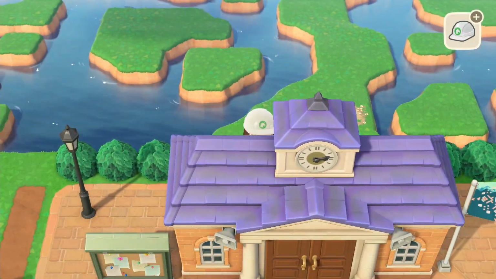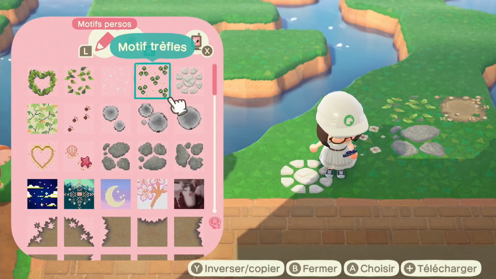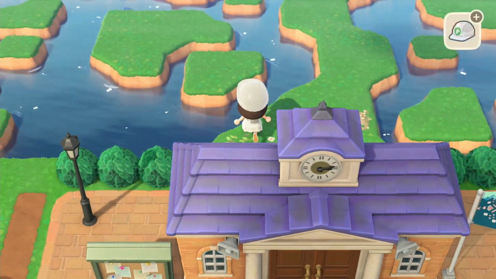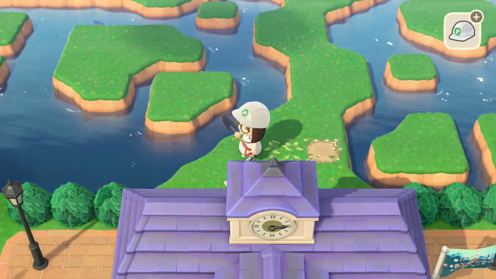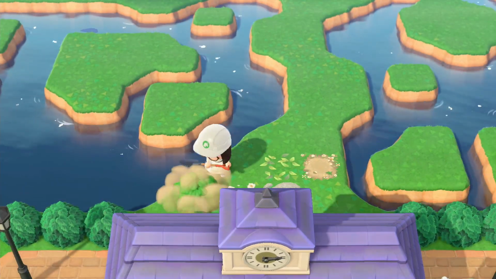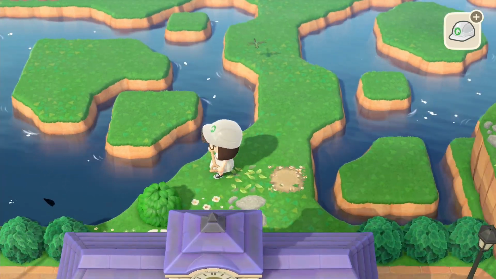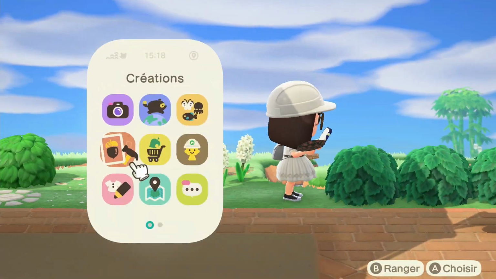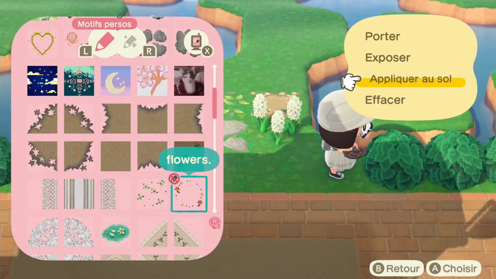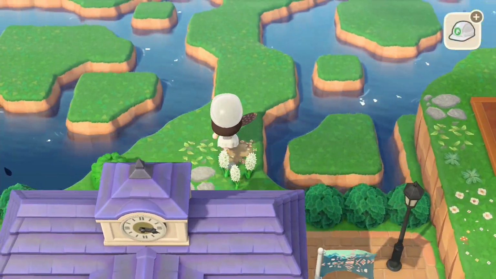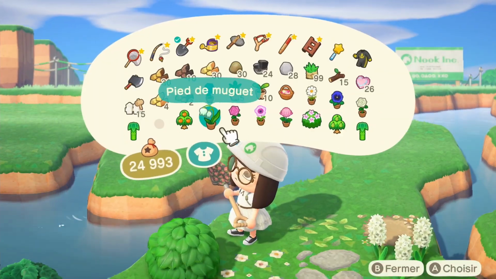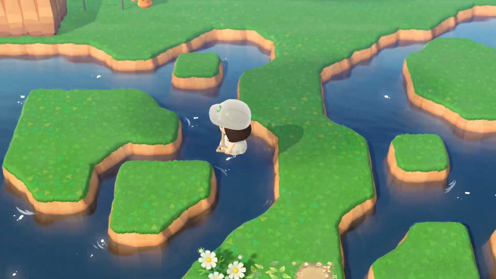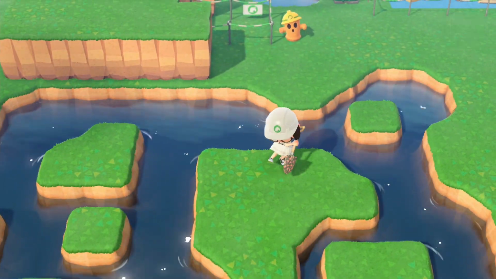I'm also going to go with a lot of bushes, flowers, really something natural. And I'm trying to really mix and match a lot of custom designs because I feel like it's going to add to the natural vibe to have mix and match. So that is what I'm doing, placing a lot of flowers, a lot of custom designs, in fact. And I'm going to start placing trees also.